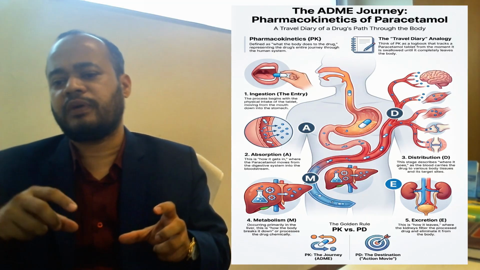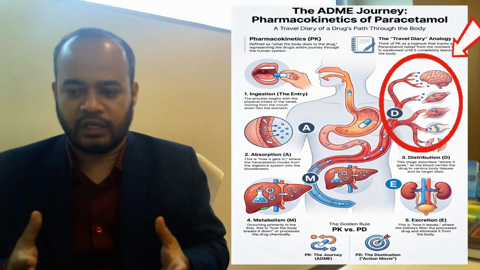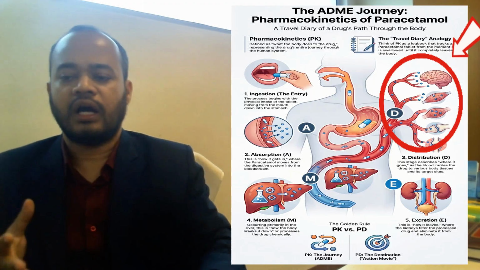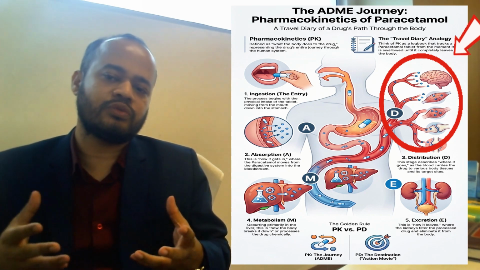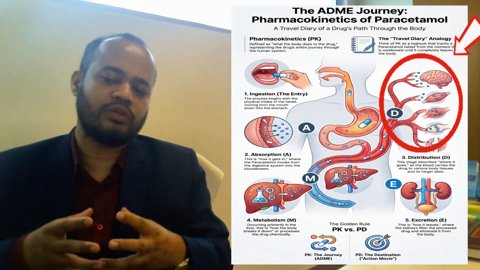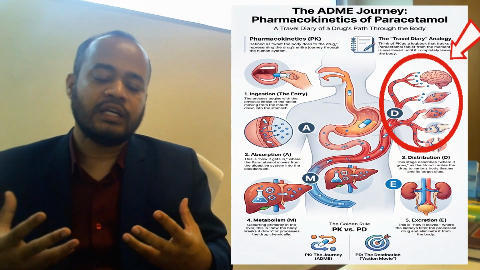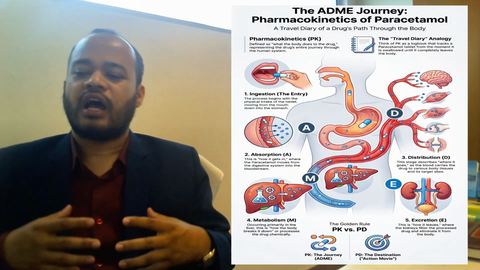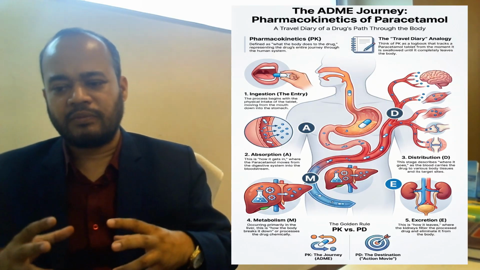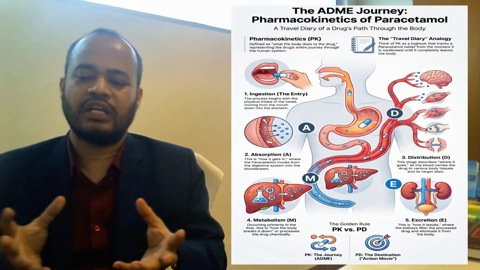And then, after the paracetamol reaches the blood circulation, with the help of circulating blood it will reach the site of action, that is the tissue area where you are feeling pain. Once the paracetamol reaches the tissue, the site of pain, that will be known as distribution of paracetamol. Once the paracetamol acts on the site of action in the tissue area to cure the pain,